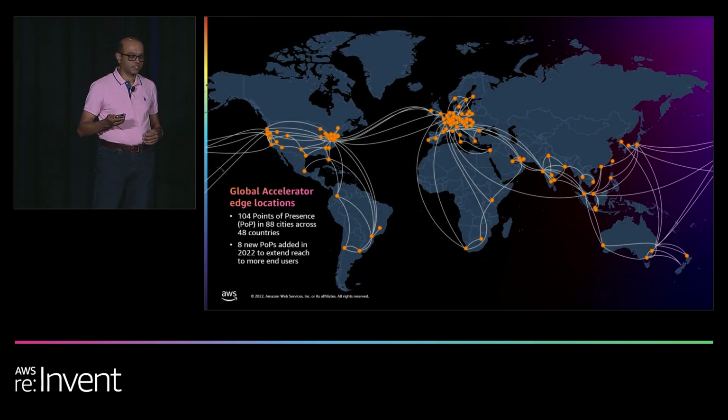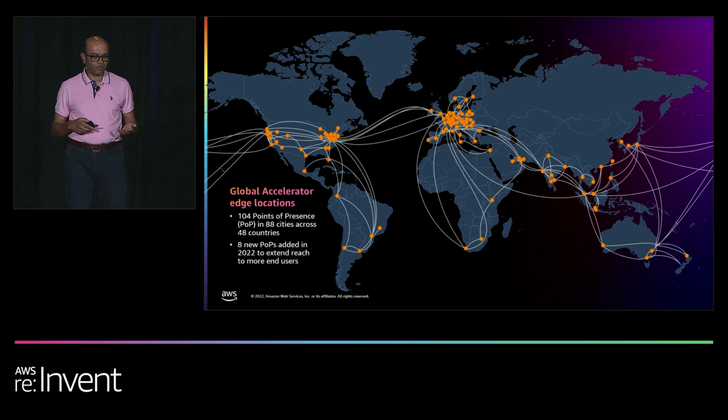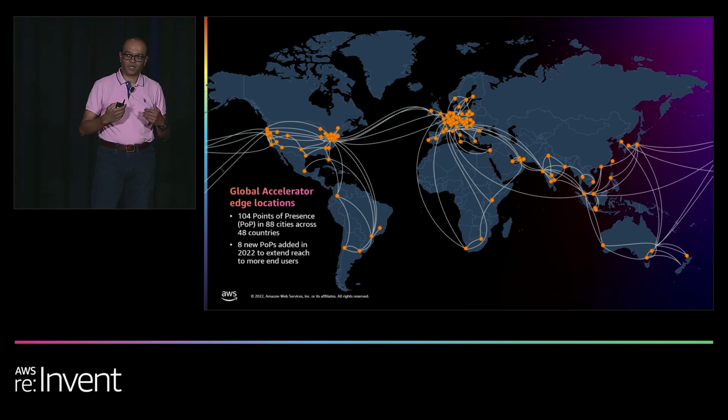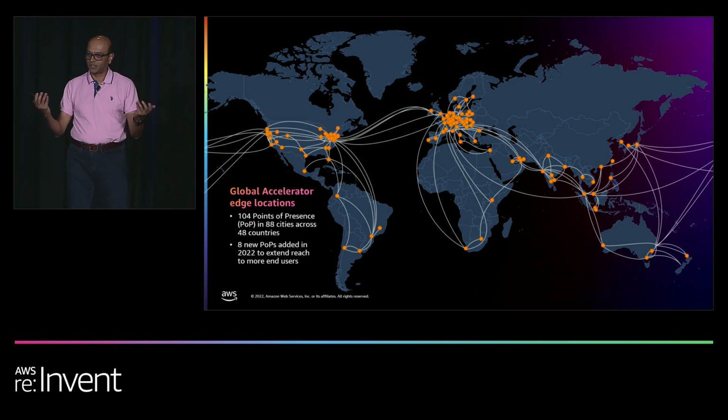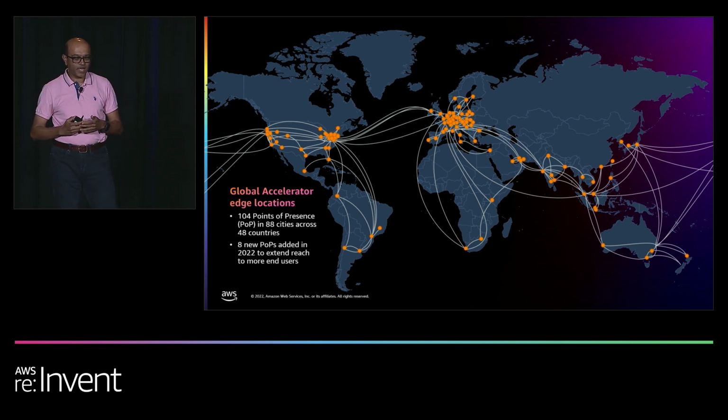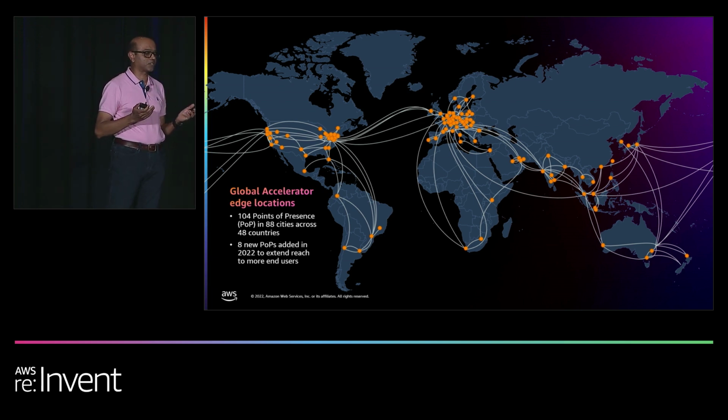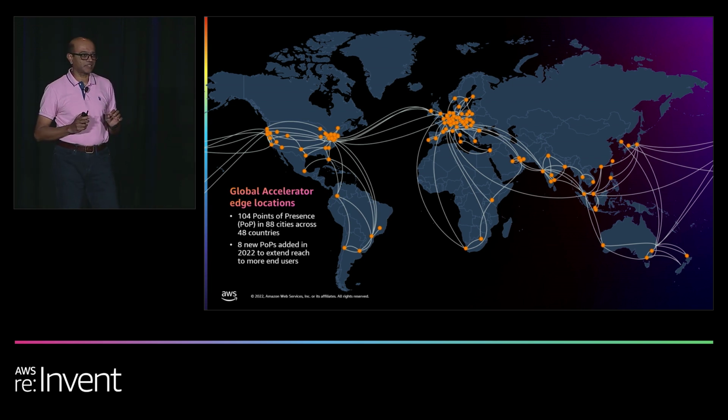Global Accelerator lets your end user traffic communicate with your applications over the Amazon Global Network instead of the public internet. The way this is done is that your end user traffic enters the Amazon Global Network at multiple edge locations. These are called points of presence, or POPs for short, which I'll keep using through the rest of this session. We have 104 POPs located across the world today, spread across 88 cities and